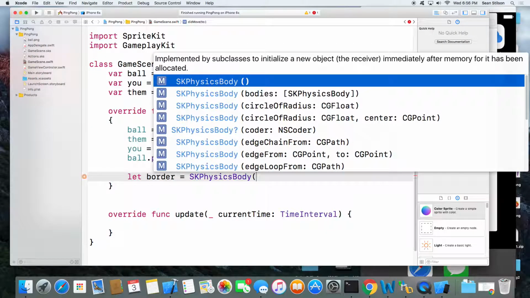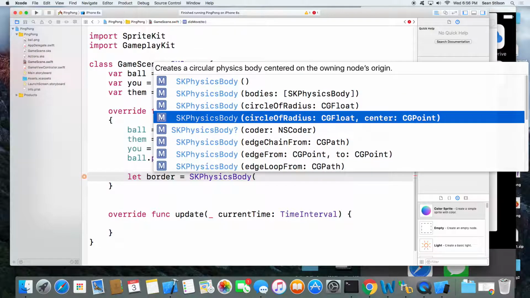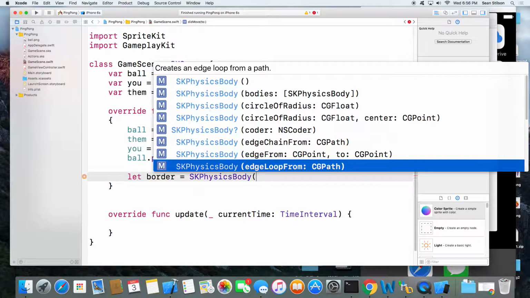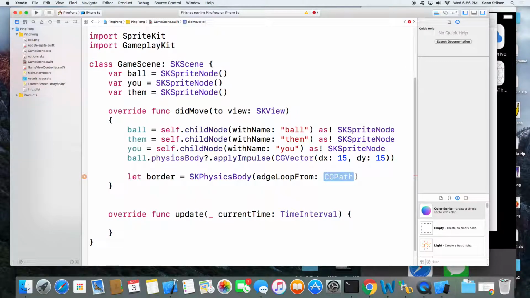This is kind of goofy, but the one we're looking for is edge loop from. What this means is we're going to create a physics body that's basically like a lasso around a bounding path.